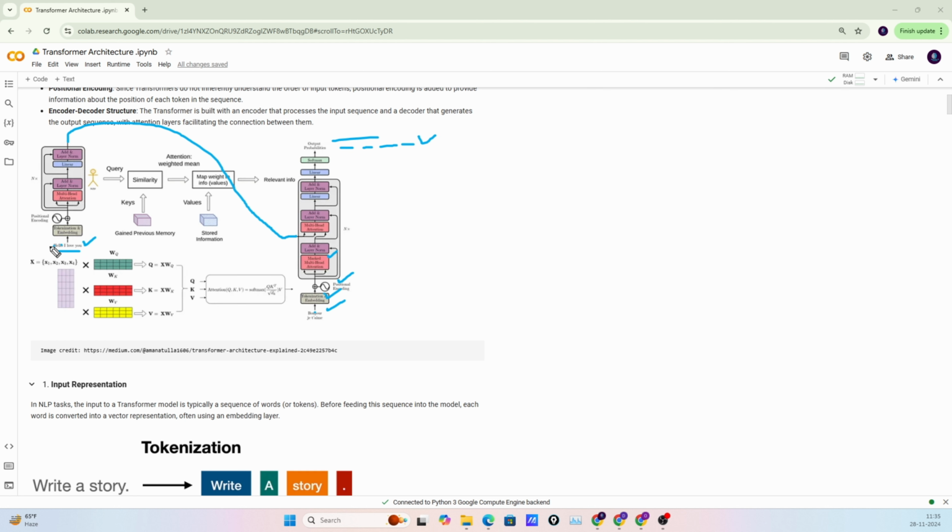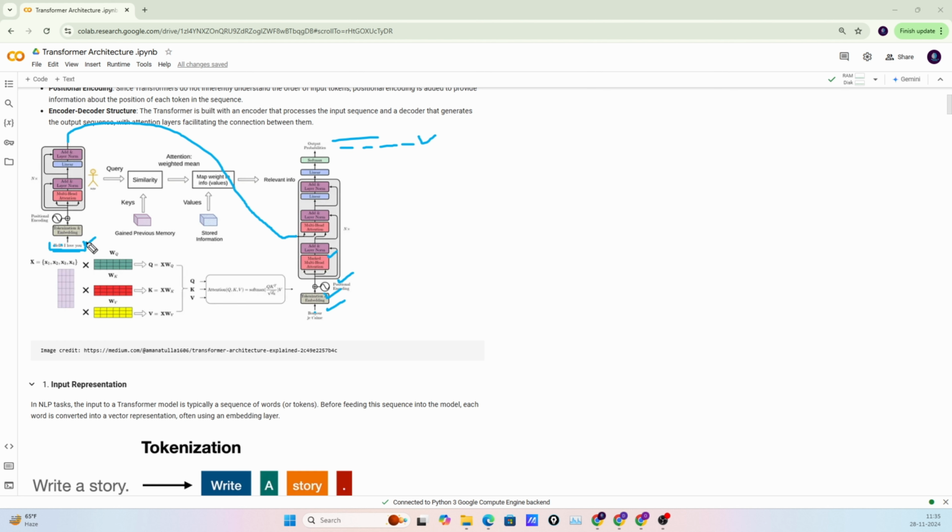Suppose we are working on the translation part. This way our encoder and decoder work behind the scenes in any language model. The output is basically the probability of the word generated by the decoder part. For example, if it translates hello world to another language, it generates, say, five outputs, and gives different probabilities to these five outputs. So this is the high-level overview of our encoder and decoder layers.